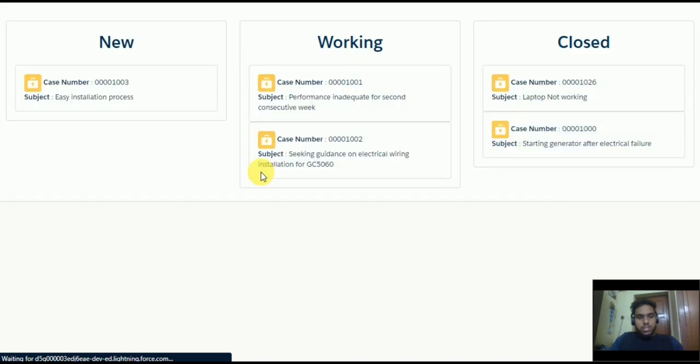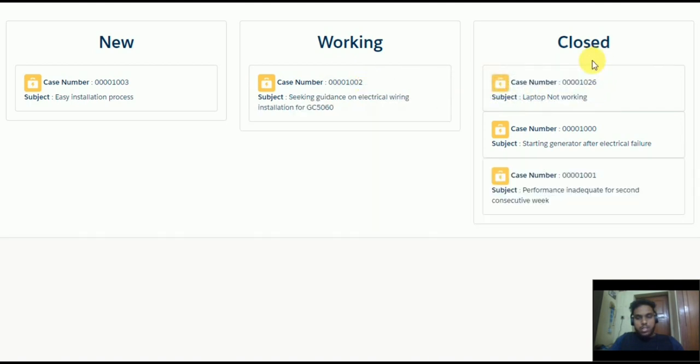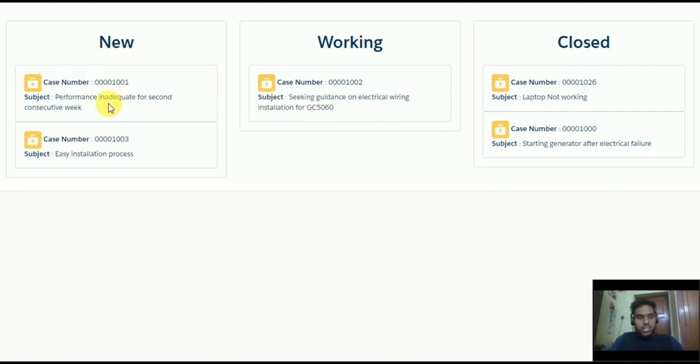And now I just want to move this case to closed status. I'll just drag this and drop it in the closed section, and you can see here now it's been affected here. So the case status is updated and moved to closed status, and I just want to revert it back again. I'll just make this case a new one. I'll just drag it and drop it in the new section, and you can see here this has been added to the new section. The case status has been updated in the backend, and we got the fresh copy in the case wrapper. So it's now all looking good.